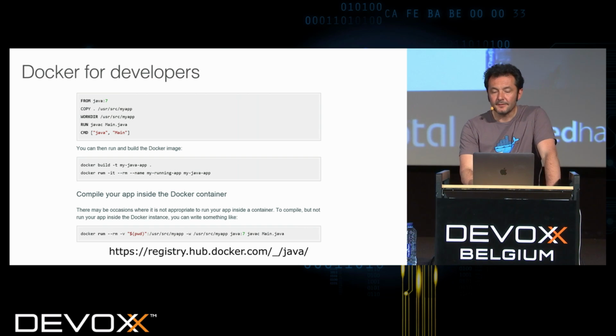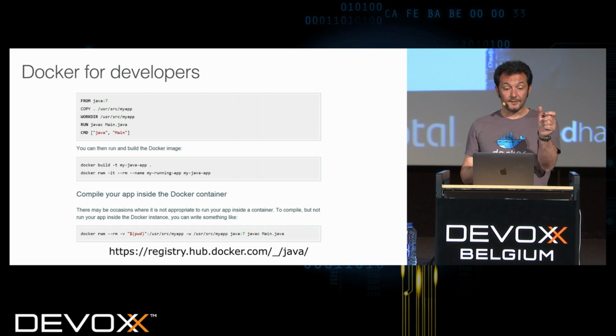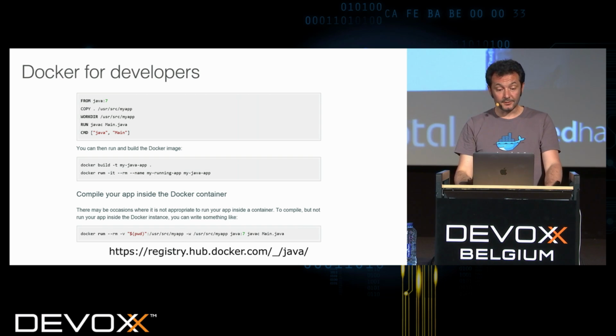So an example of doing that, it's a simple example using javac. Here I'm doing a docker run. With -v, I mount a volume from the current directory inside of a container. Here I use a Java 7 container, and I do a javac that's going to create a class file. And then after that, I can build my image by just copying the class file instead of having to compile it inside of the image.